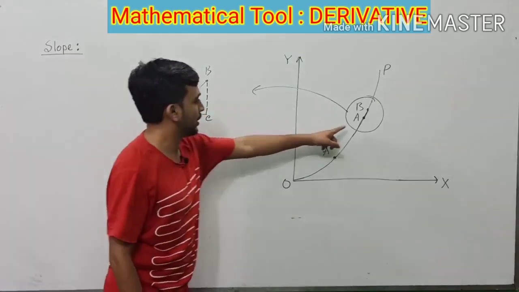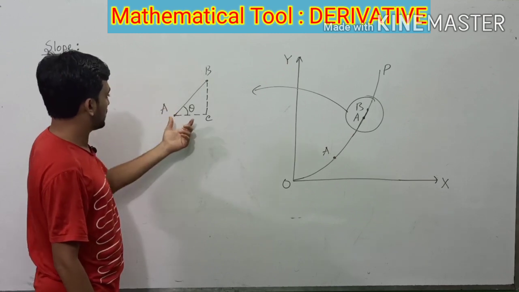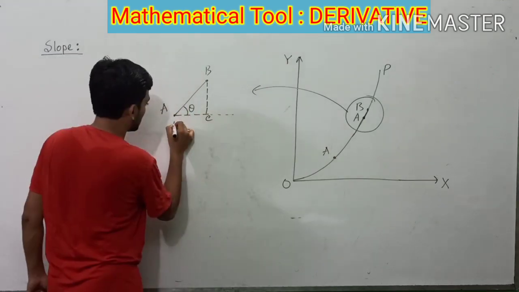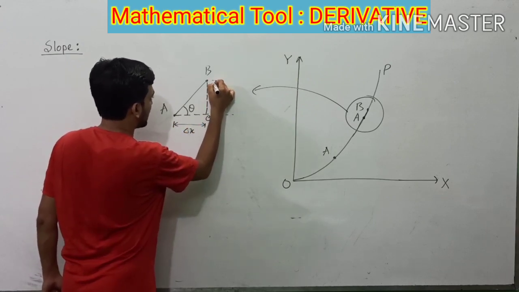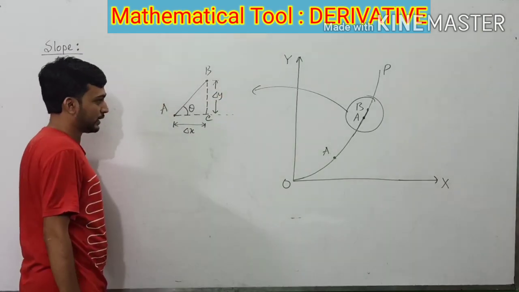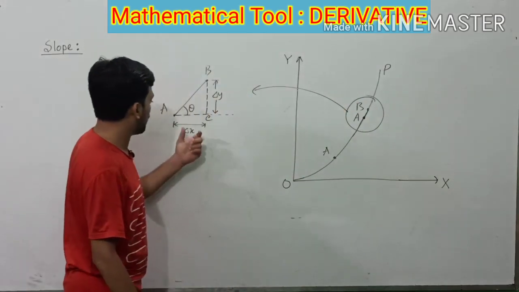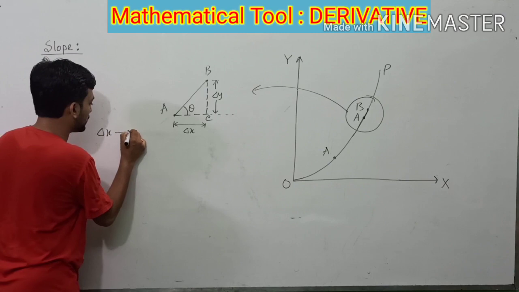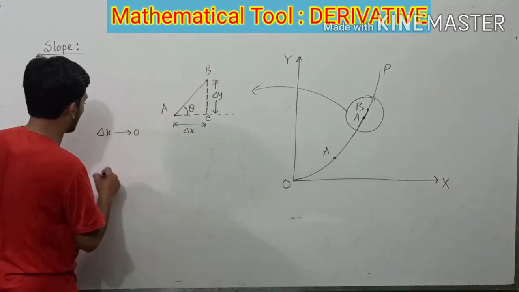and this curve AB, that is this portion straight line, is now making an angle theta with the horizontal direction. Say this distance is del x and this distance is del y. As we have considered A very close to B, what will be the measure of this del x? This del x will approach towards 0 and this del y will also